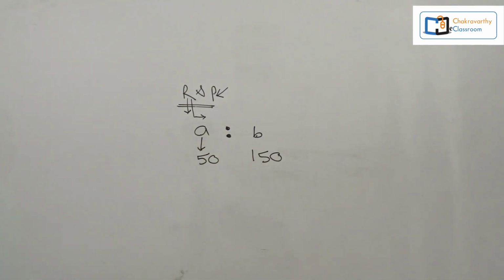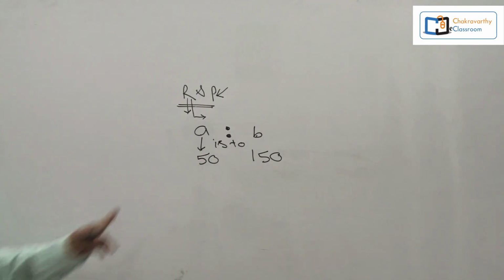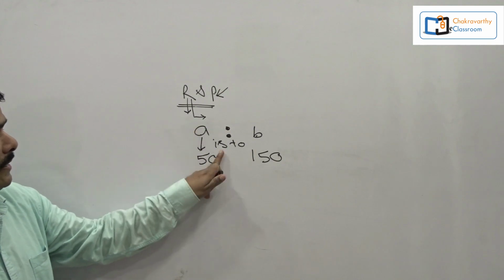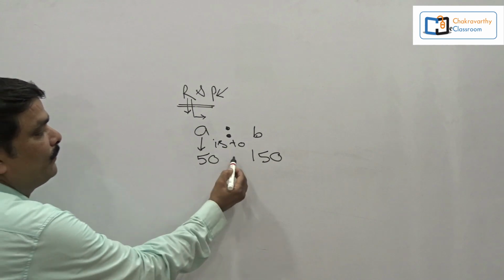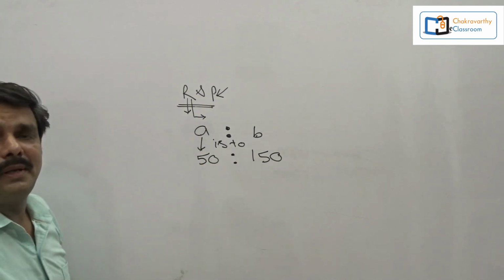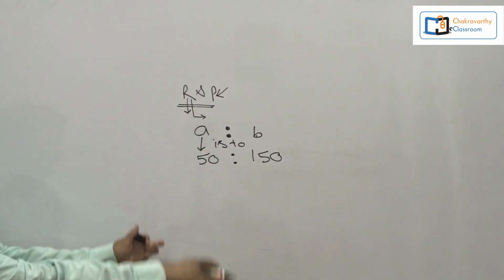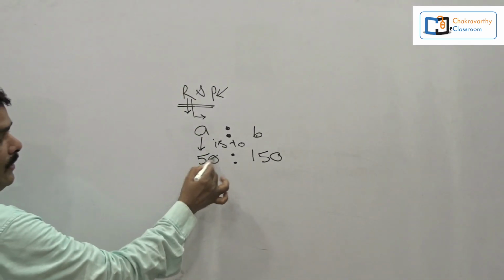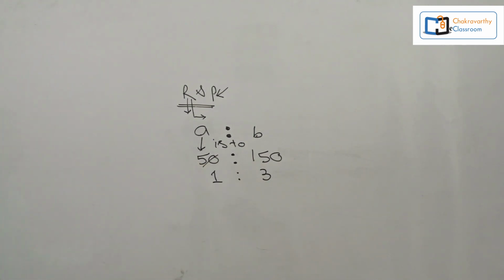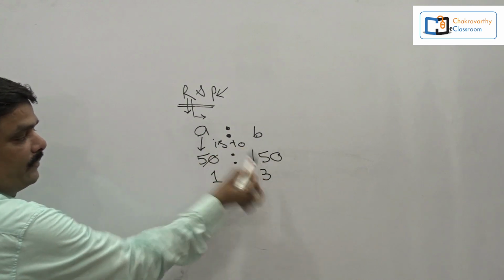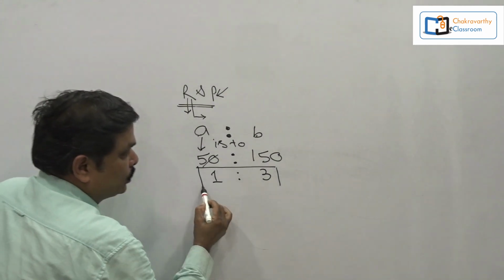Mathematically, we have to show it in this way. This is called A is to B. Verbally, the name itself is saying that A is something to B. That's the meaning, right? A is to B, 50 is to 150. Always we have to show the value of the ratio in the least terms. Least terms means it is 1 times 50 and 3 times 50. Now the ratio between A and B, as far as the money is concerned, can be taken as a 1:3